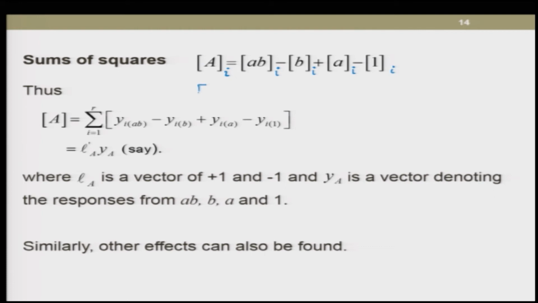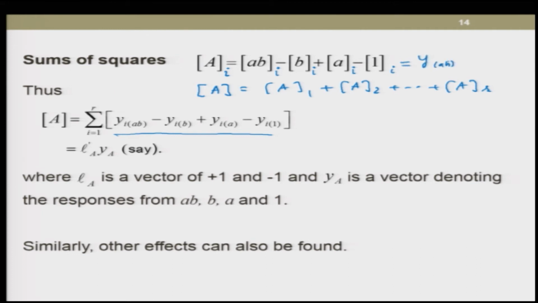Then the total yield will be the sum of all the plots, say plot 1 plus plot 2 up to plot R, right. So, this is what I am denoting here, and this expression can also be written as y